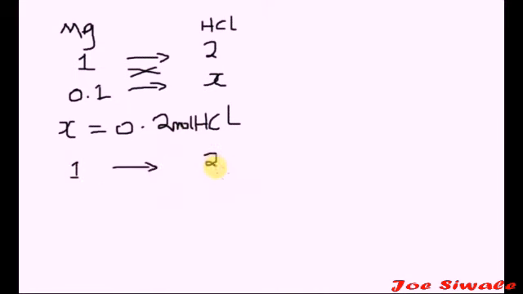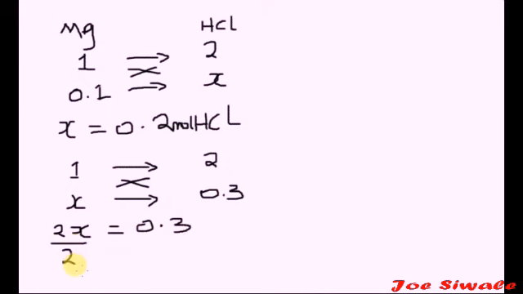The next thing is to find the number of moles of magnesium. So 1 to 2 and X to 0.3. So X multiplied by 2, that's 2X is equal to 0.3 multiplied by 1, that's 0.3. Divided by 2, and 0.3 divided by 2, that's 0.15 mole